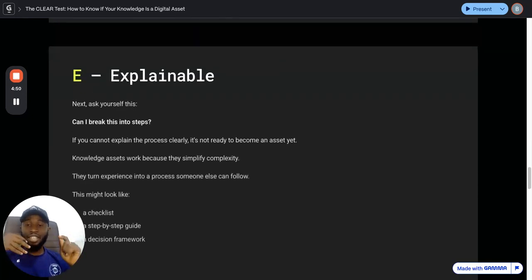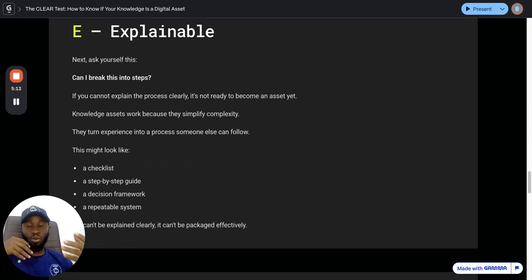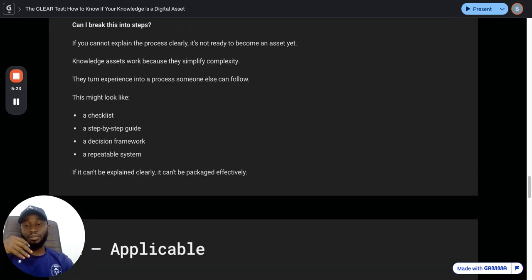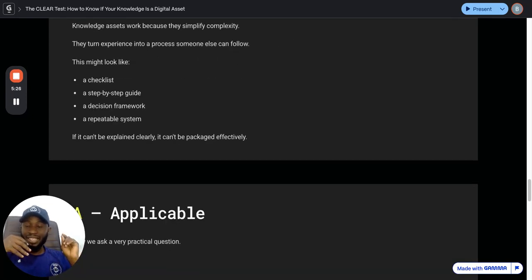The E stands for explainable. Ask yourself this: can I break this into steps? If you cannot explain the process clearly, it is not ready to become an asset yet. Knowledge assets work because they simplify complexity. They turn experience into a process someone else can follow. This might look like a checklist, a step-by-step guide, a decision framework, or a repeatable system. If it cannot be explained clearly,